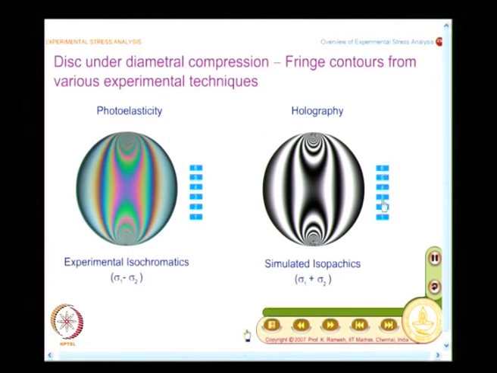Holography, you do it only on a single wavelength and the contours are very similar, and I would like you to have a reasonable sketch of this, any one of it, which gives you an indication how the fringes look like. And here you have this as a shape of 8, this as a shape of 8,